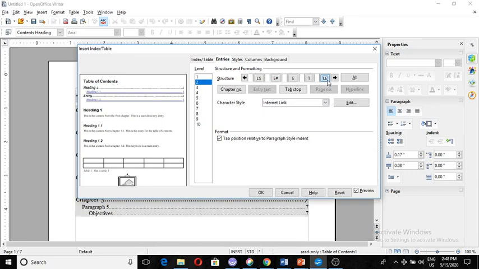So the hyperlink tab is not present in the structure line, but if you want to add it, you first click on the space before or after the structure element, then press hyperlink, and again click on the area before or after the structure element, then click on hyperlink again, and the tab will be inserted. Now let's see what changes have been done. As you can see in the preview, the level 2 heading has been marked in blue.